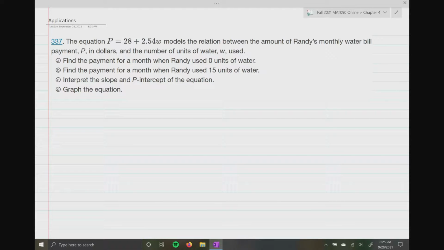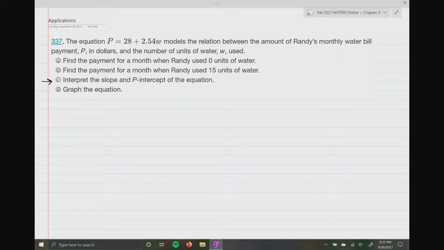Hello everybody. So I just wanted to go over a couple application problems because they're going to come up on your test. And I really want us to focus on Part C and all these questions because Part C is really what this is all about. So I'll just read the problem real fast. If you want to, you can just pause it and write it down or something like that and then unpause